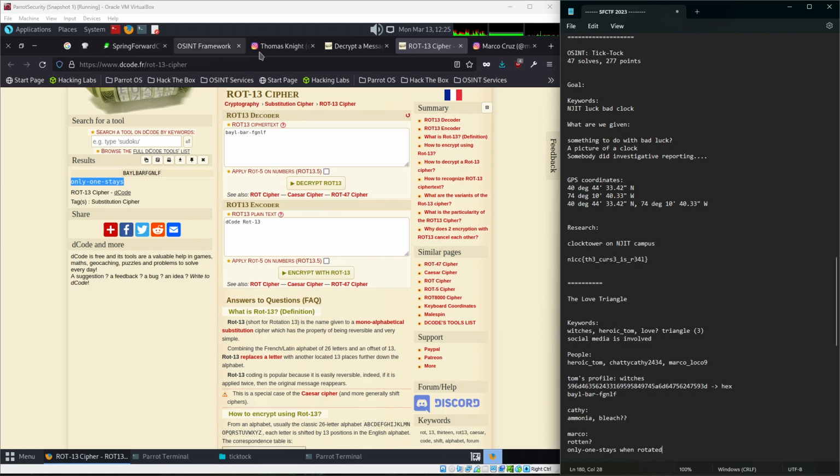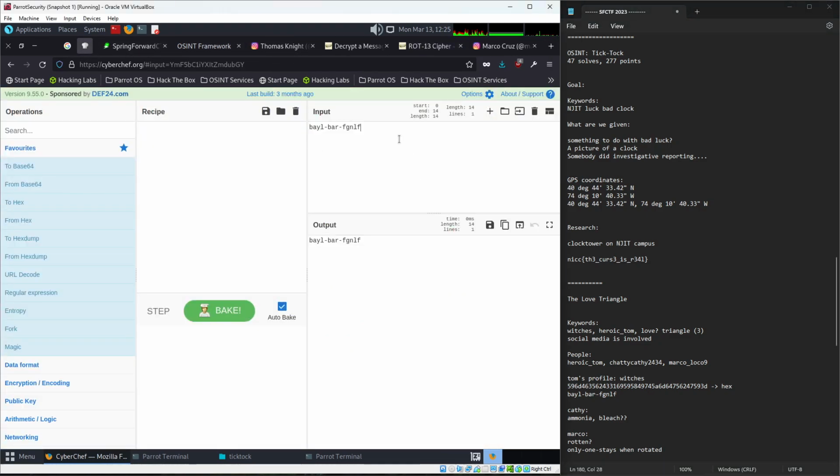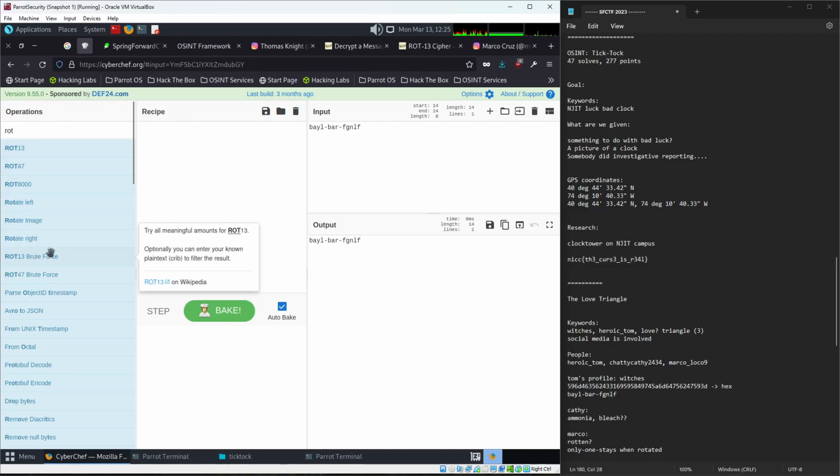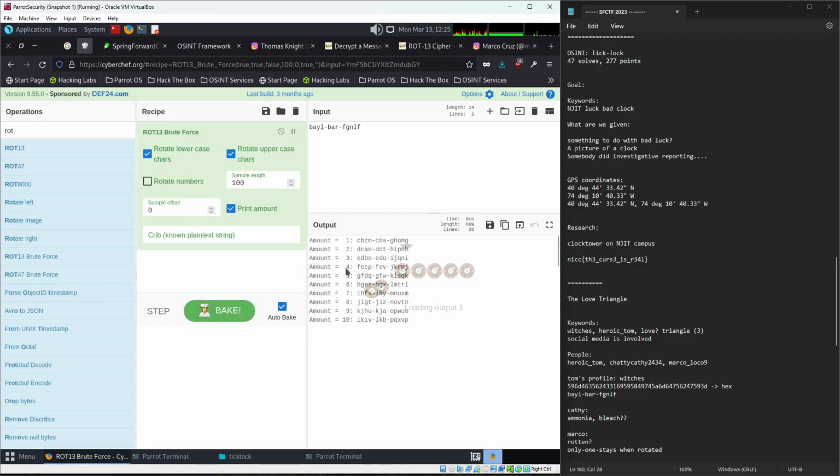If you wanted to, you could always go back into CyberChef, and you could also say rote 13 brute force, and then what it'll do is go through and say, hey, here's what it might be, but maybe it's not. You never know.